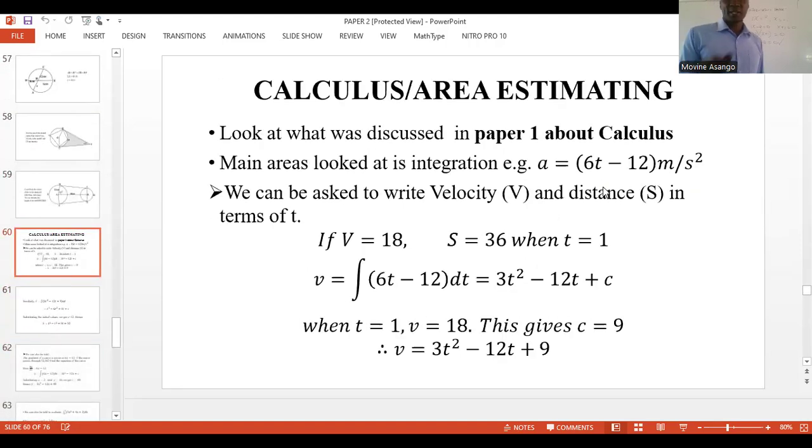Yes. Calculus and area estimation, you are told something about in paper 1, that calculus is in paper 1. Which part of calculus is in paper 1? Mostly it is differentiation and its applications. In paper 2, we are a little bit flexible to talk about integration. Integration mostly will come in paper 2. So what we need to do, I want to advise that if you are revising for an exam where